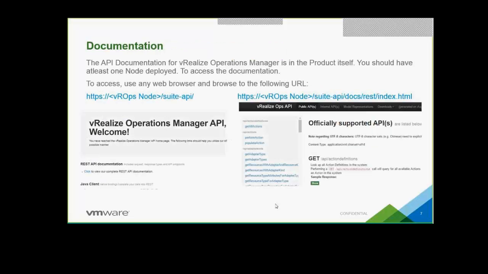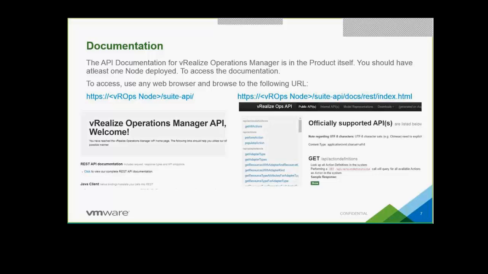Okay, so the most simple one, how do you get the documentation? This has been a pretty obvious question from a lot of customers I've met and a lot of colleagues as well who are not very familiar with vROps. So it's very simple. What we did is, like our other products, we just put the documentation of API along with the installer itself. So as soon as you install vROps, you will have a node name associated to that vROps or an IP address associated to that vROps. You just need to go to that IP address